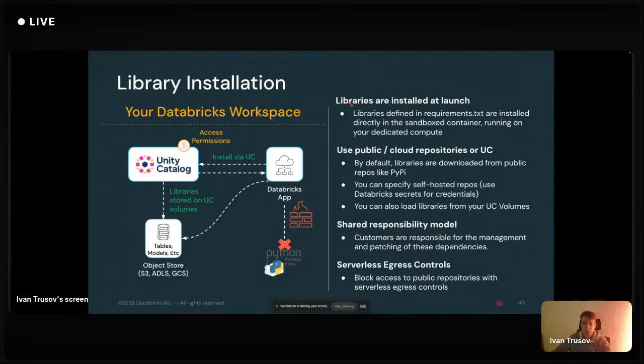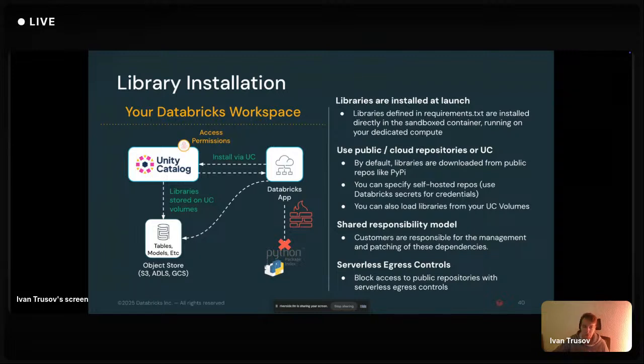What is also quite important is that any library installed inside the Databricks app runs in a sandboxed container, and it runs on a dedicated compute, right? So we also add some security levels here, but this is a shared responsibility model.